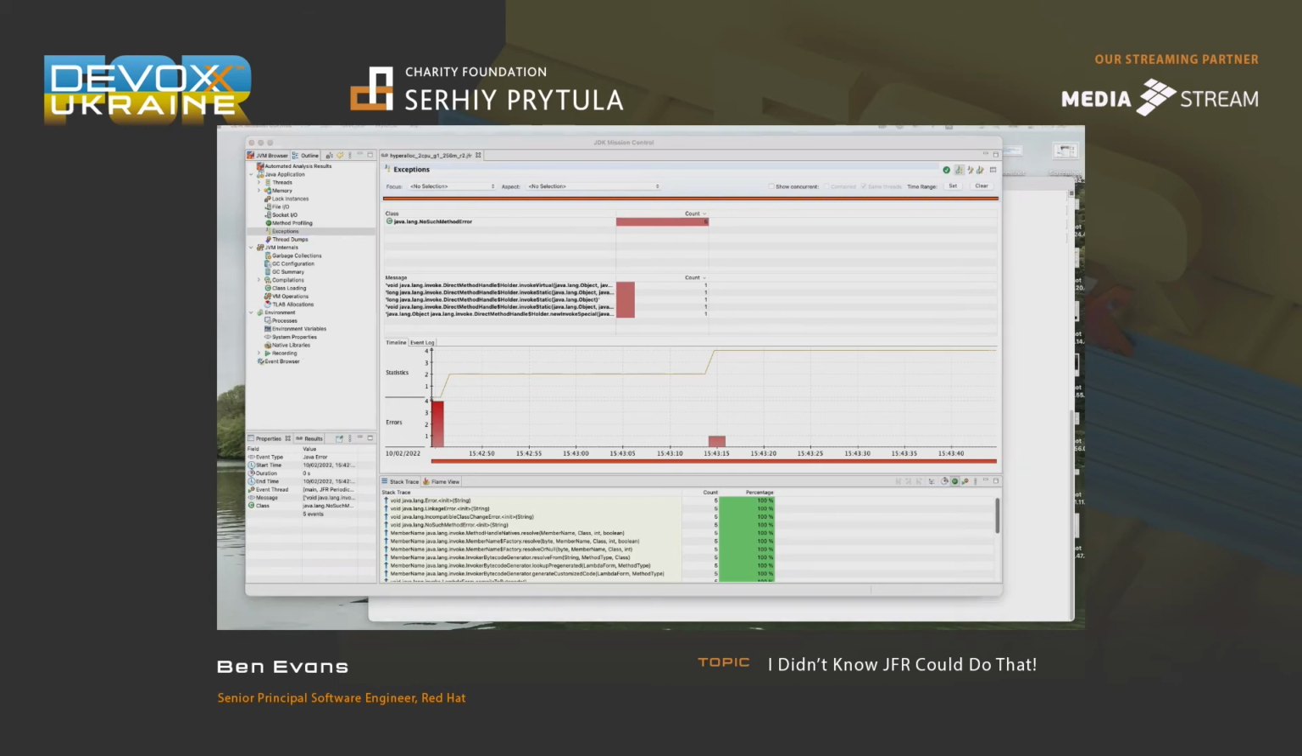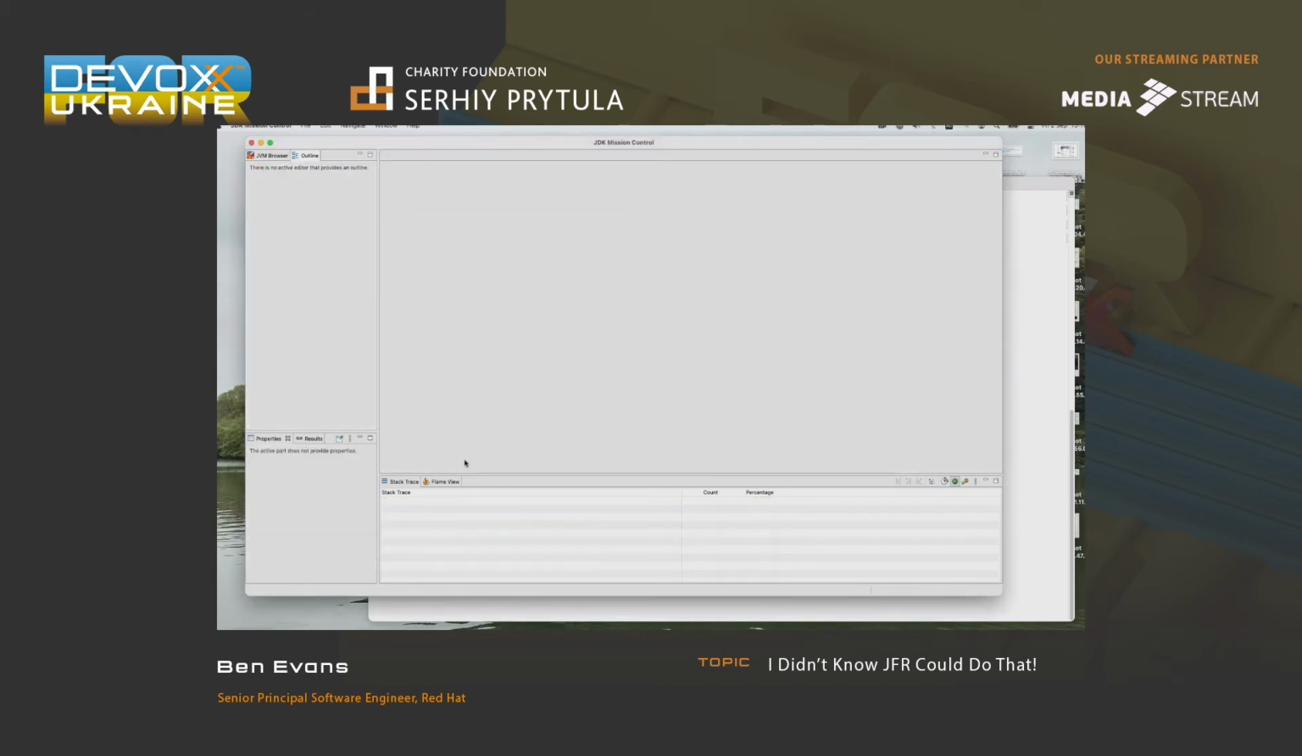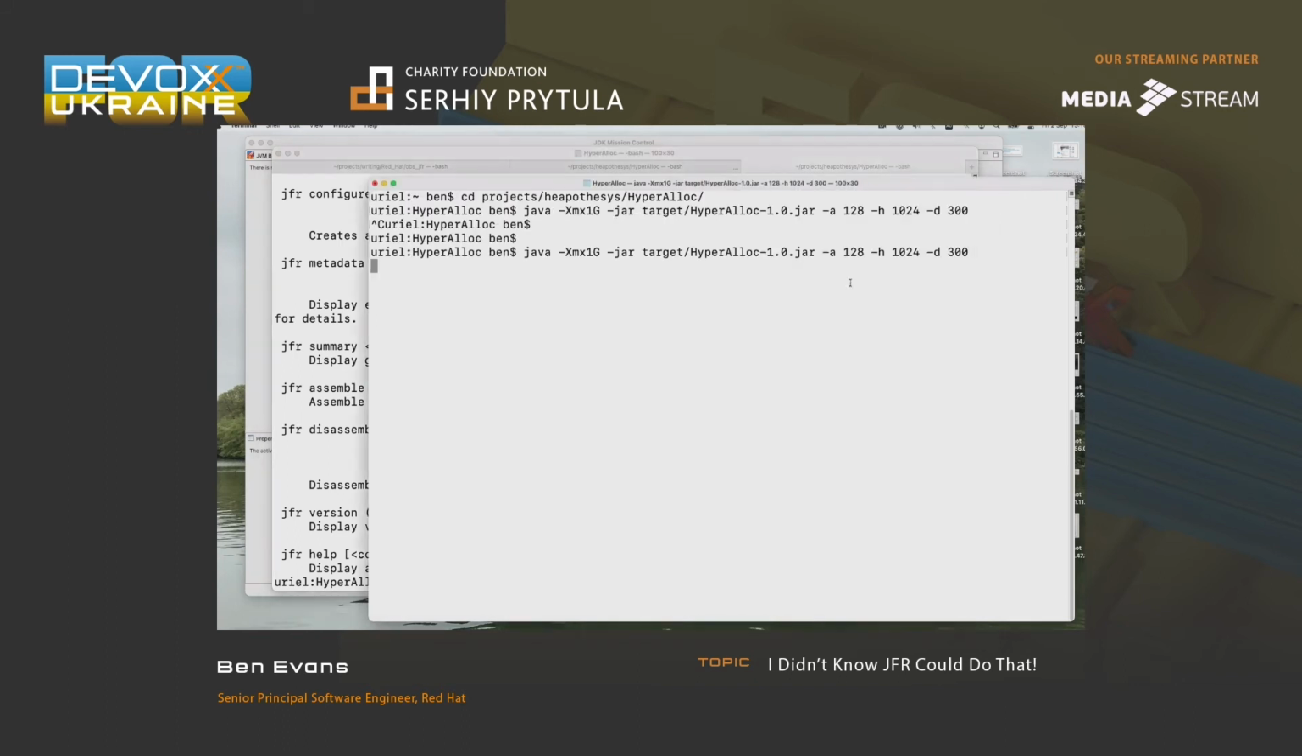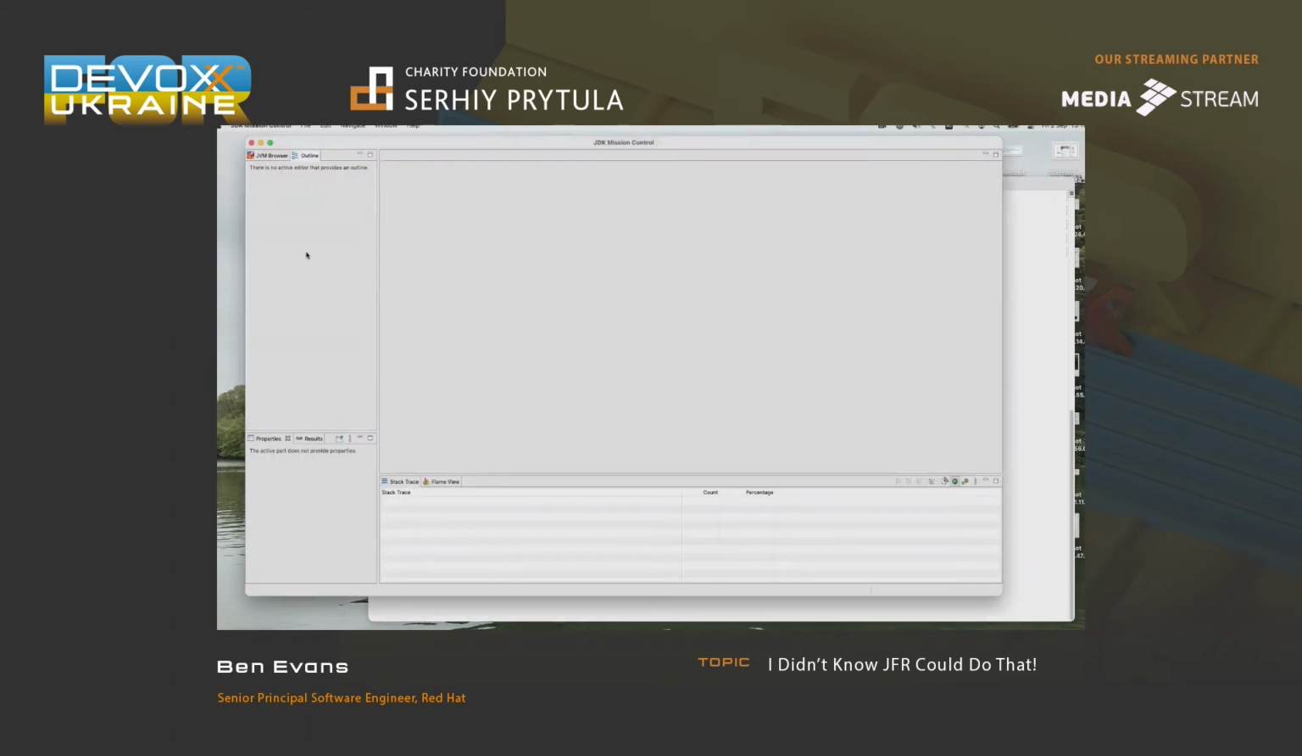It's pretty useful. You can also start JFR from Flight Recorder, so you can actually connect to a live process. Let me see if I can do that. Okay, so that's running, and now if I click on the JVM browser,